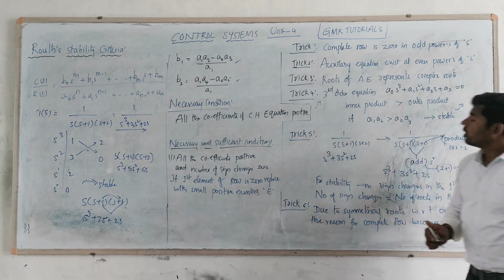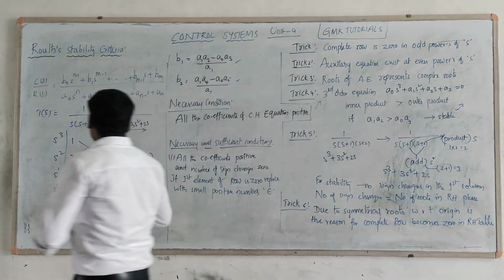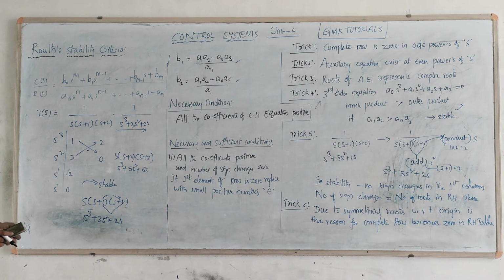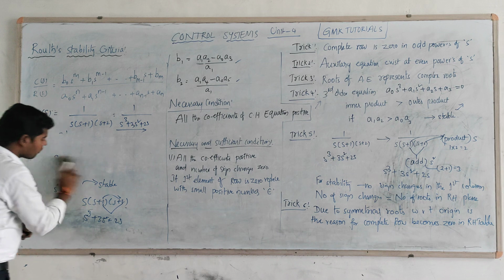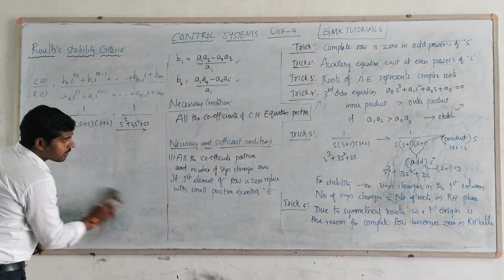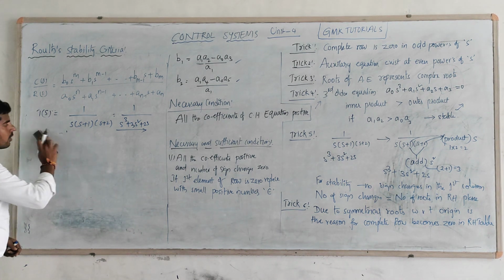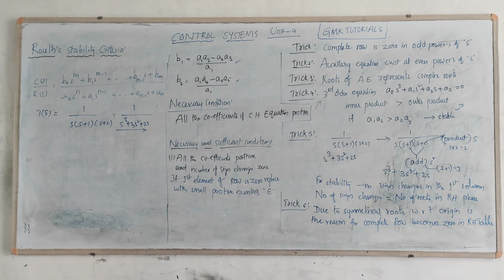At the same time, suppose if you are taking any row is equal to 0, that is one more problem related to that one. Let us take one more example for this case. I hope it is very clear, right, everyone? Okay, so just to take one small example for finding the k value.